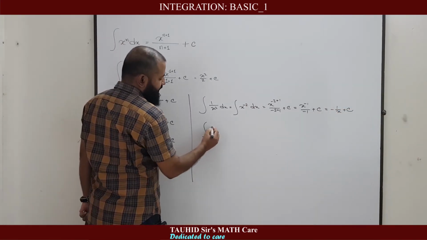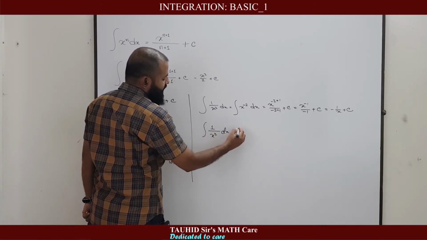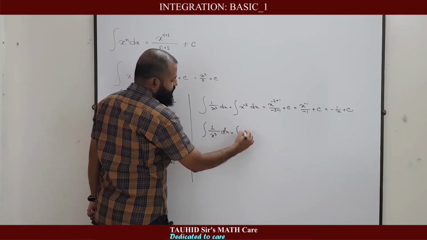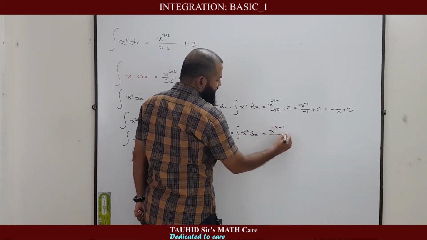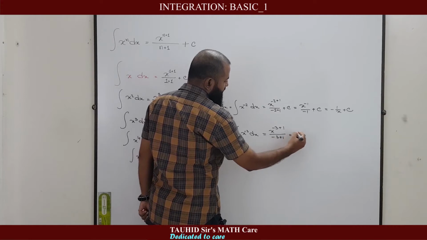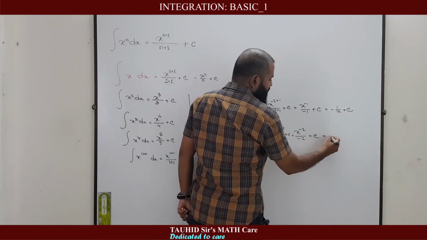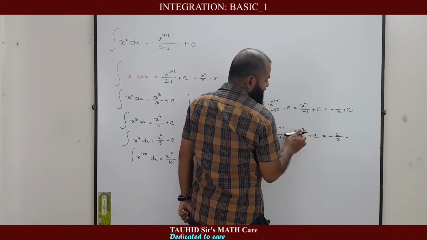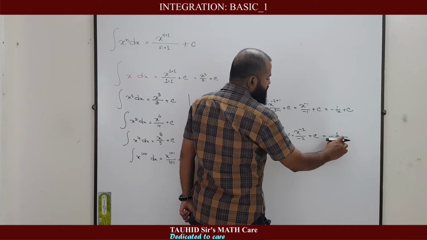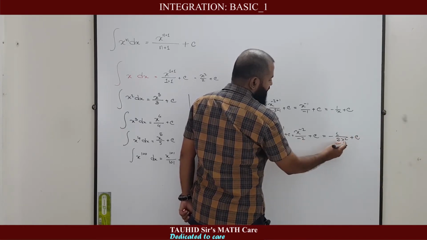If you are asked integration of 1 by x cube dx equal to integration of x to the power minus 3 dx, x to the power minus 3 plus 1 divided by minus 3 plus 1, x to the power minus 2 divided by minus 2 plus c equal to minus 1 divided by 2. This x to the power minus 2 comes to the denominator, x square plus c, minus 1 by 2x square